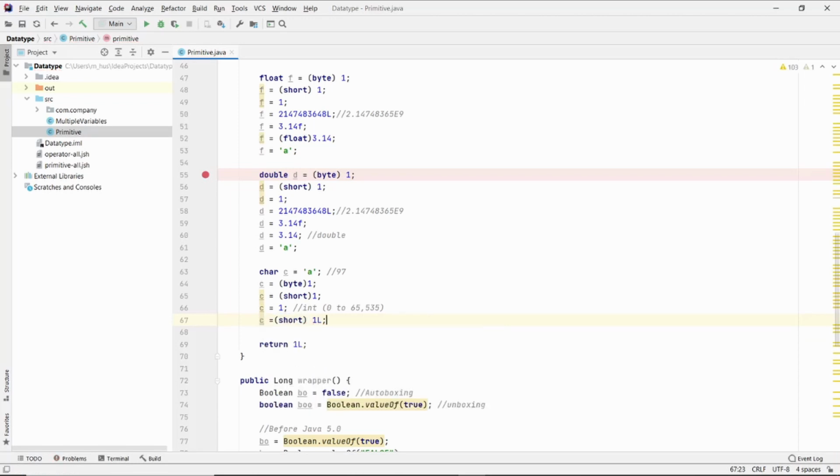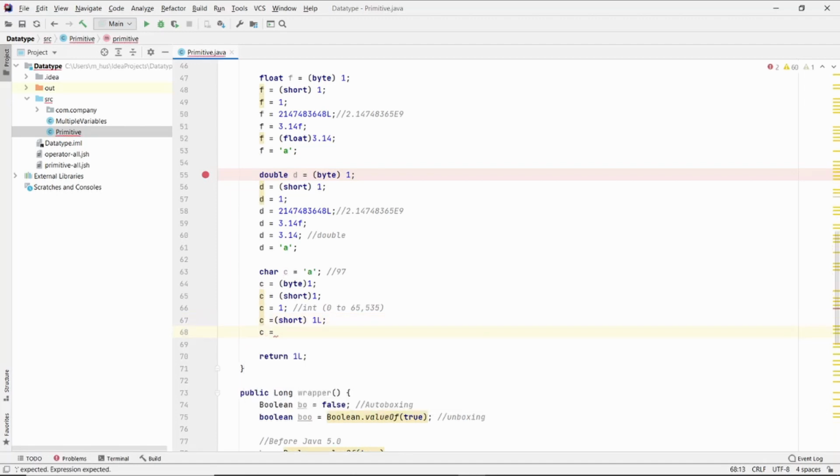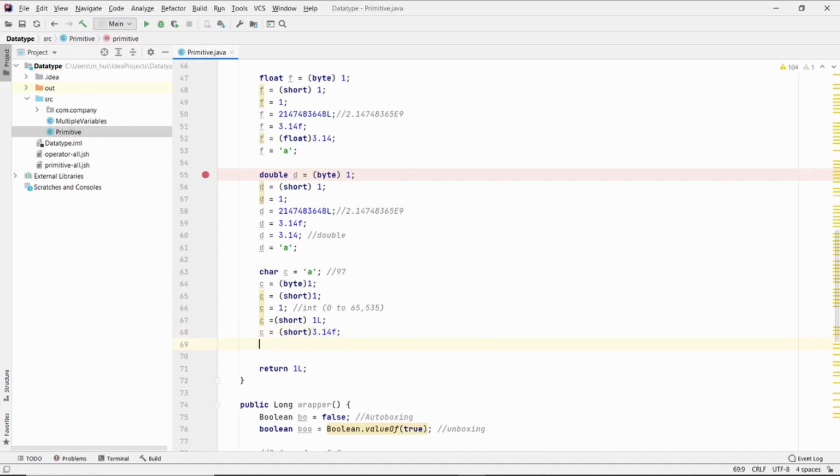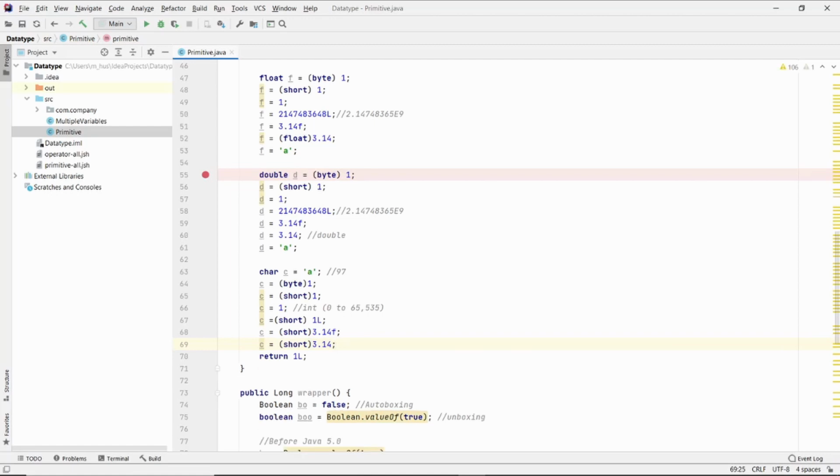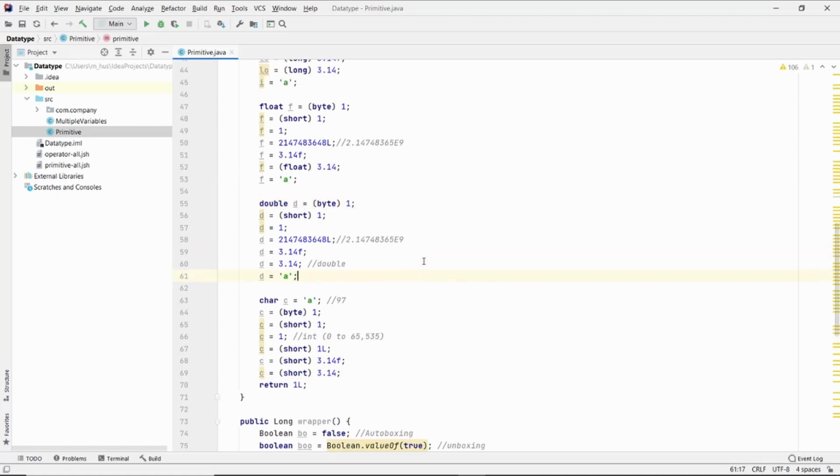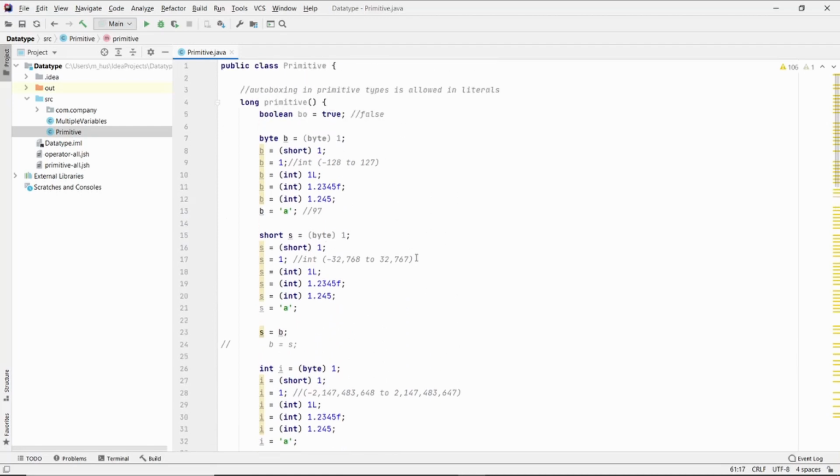I'm going to just put the short here, and c equals to 3.14f. So it will truncate 0.14, and if I say c equals to 3.14 double value, and then I'm going to put short, it behaves the same as a float. Alright, so this method is complete,